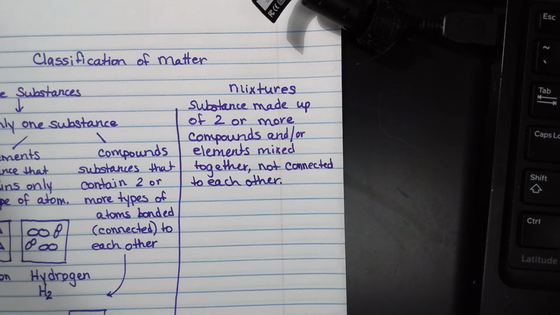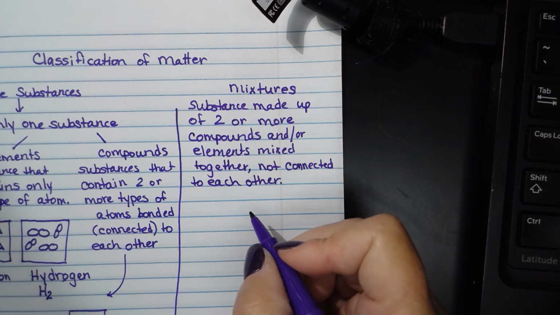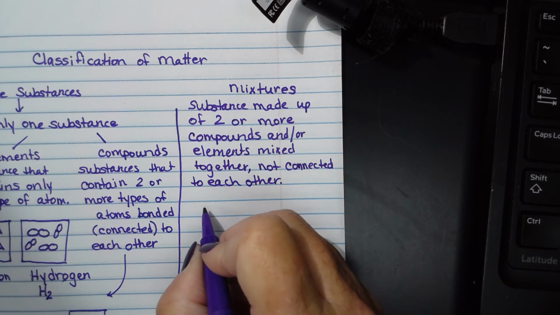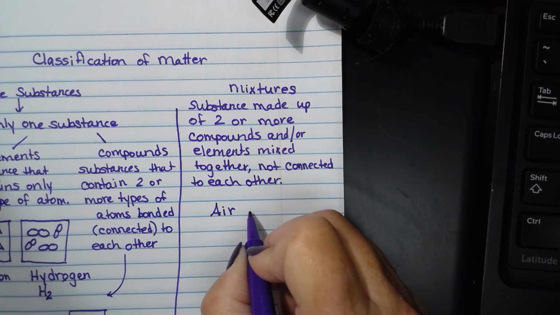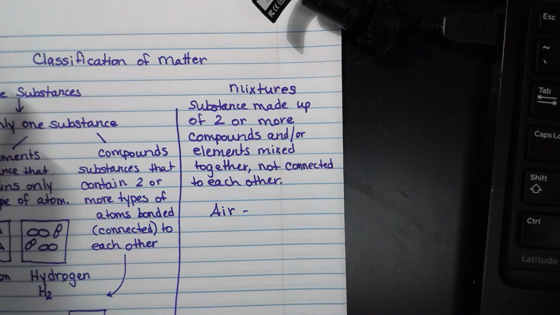If we look at the examples, let's say we have a mixture of, actually we'll look at air. Air is a mixture of nitrogen,